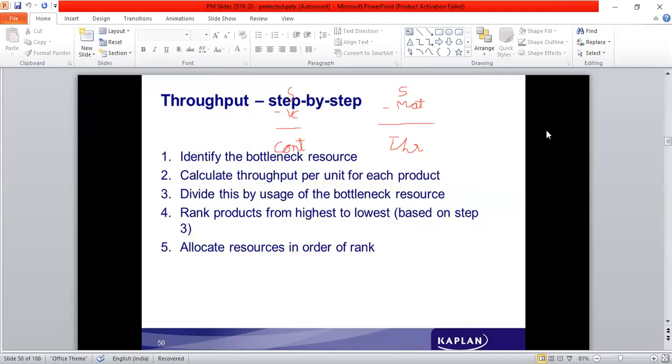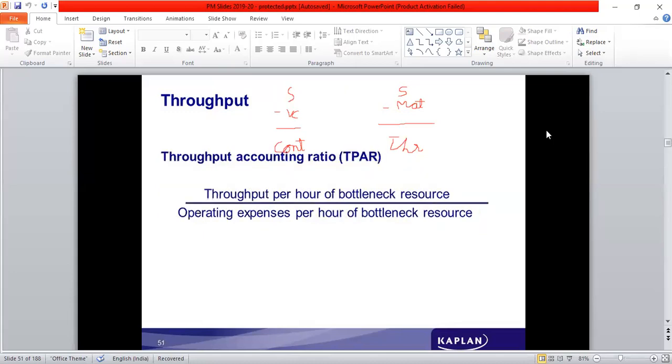The same way, identify the bottleneck resource, calculate throughput per unit. There we have calculated contribution per unit. Now here we should calculate throughput per unit of the bottleneck resource. Then divide this by the usage of the bottleneck resource, rank the products, and allocate the resources in order. Now, apart from that, here under this,